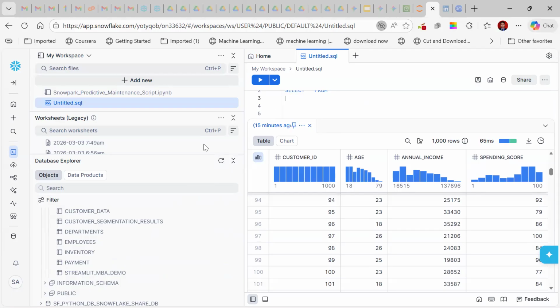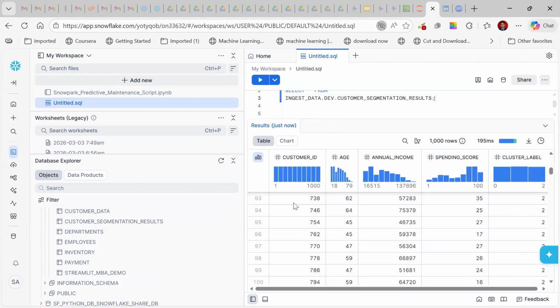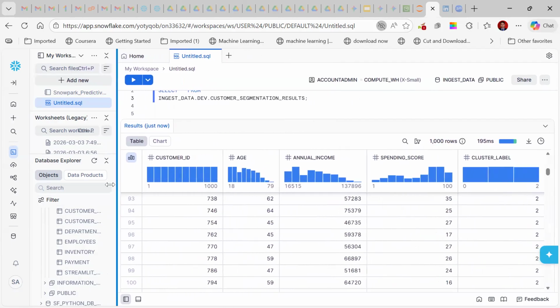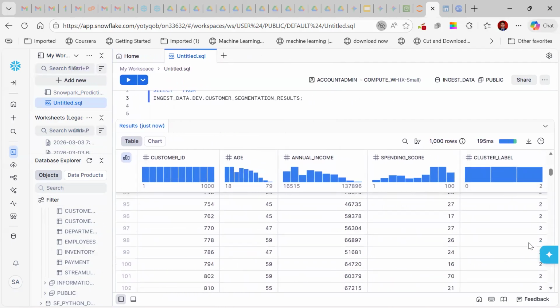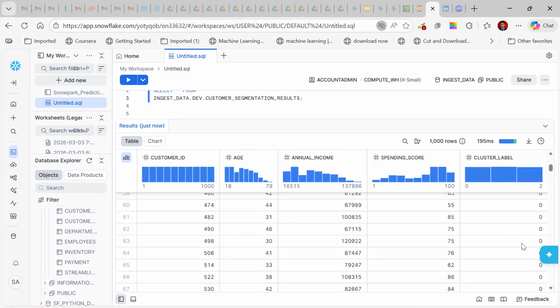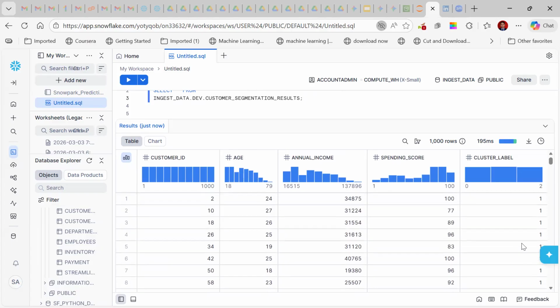Let me try to see the results. I should see every transaction and the corresponding cluster number at the end. You can see the cluster numbers. See, this is the transaction, customer ID, age, annual income, spending score. There is a cluster number here: 2, you can see here 0, 1. All the 1000 transactions now got the corresponding cluster numbers. You got it, right? You can check the data so that you can understand.